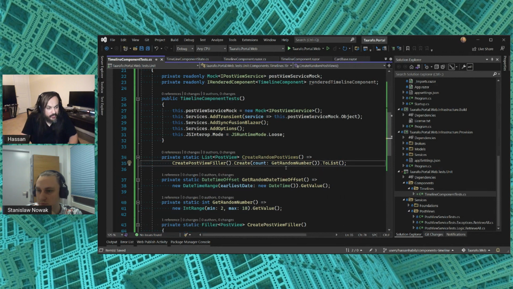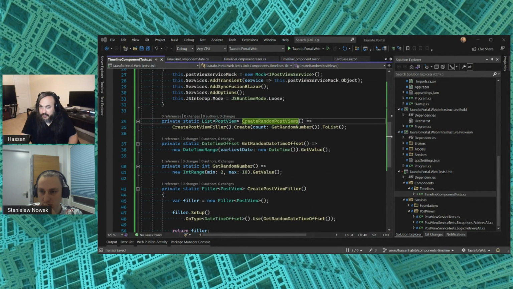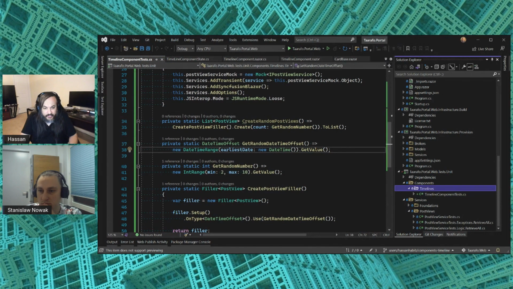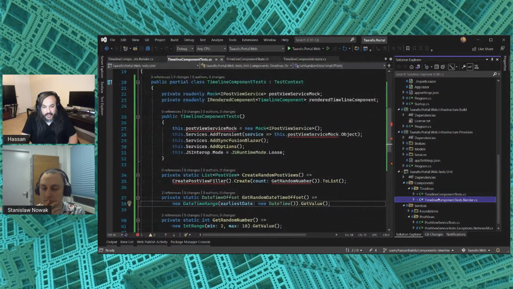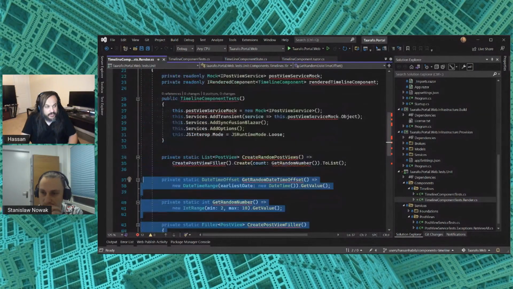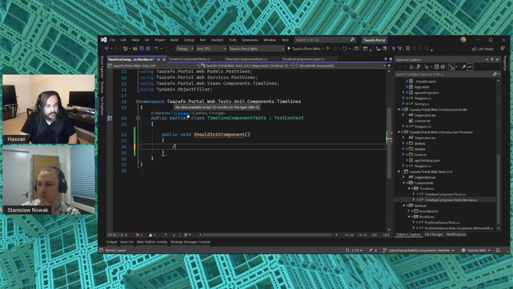Okay, so what did I do? I created a method that will give me a random list of post views. Okay, now let's go back here and see. I need another file in here to basically write a failing test. So there's a succeeding test that we're gonna create first that just tells us that the component state is in its basic original state, which is should init component. So check this out: public void should init component like this, and this guy basically has a given